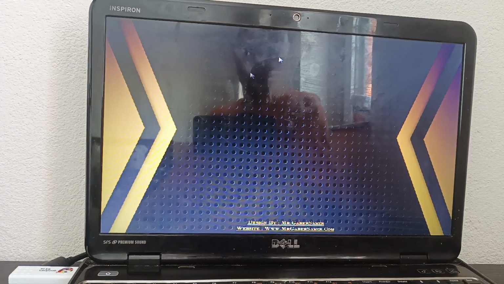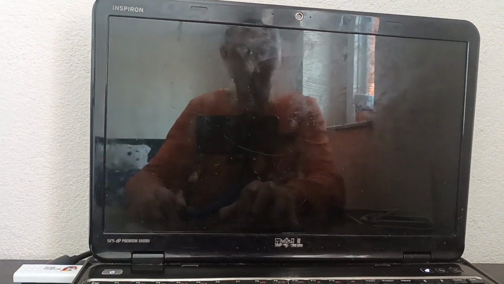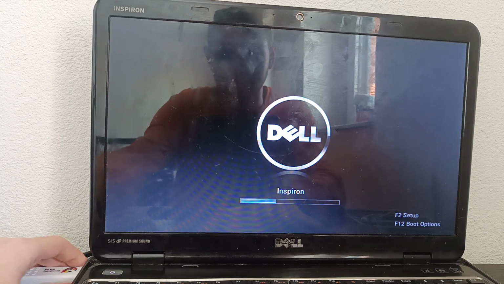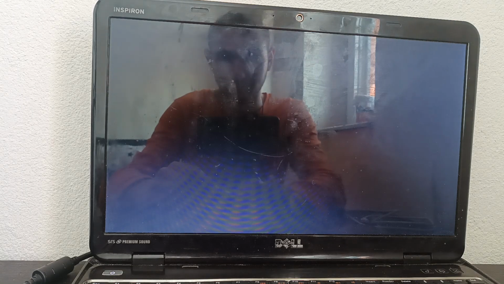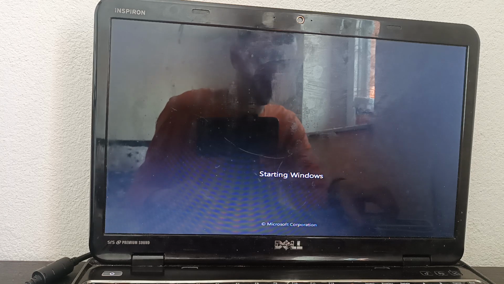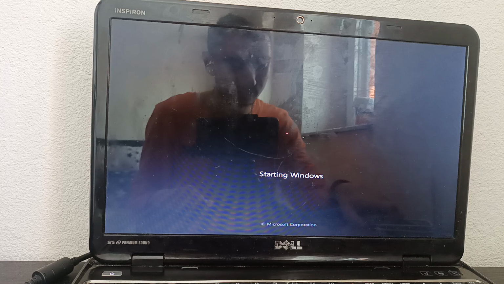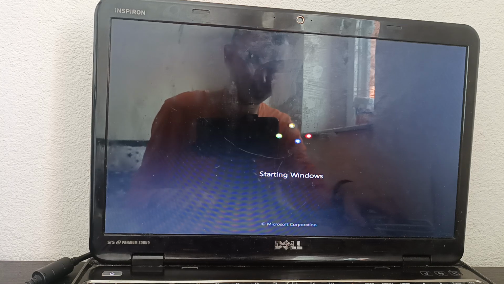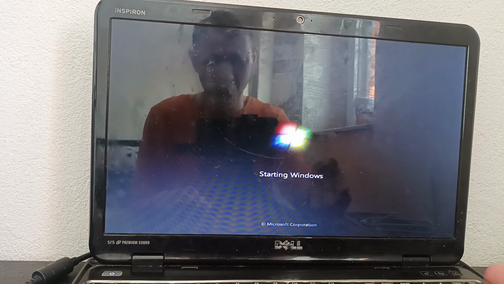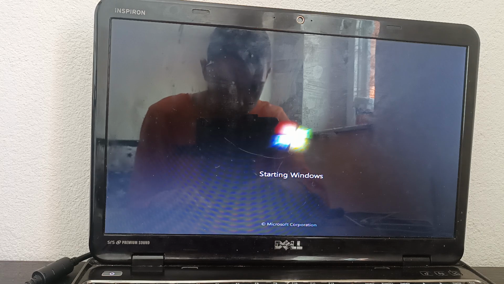We're back at the usual setup screen. And we take out the thumb drive so that it won't boot into the installer again. And there we go, starting Windows. But not the Windows 7 we all know. A Windows 7 bootleg. But this brings nostalgia, not gonna lie. This actually brings nostalgia